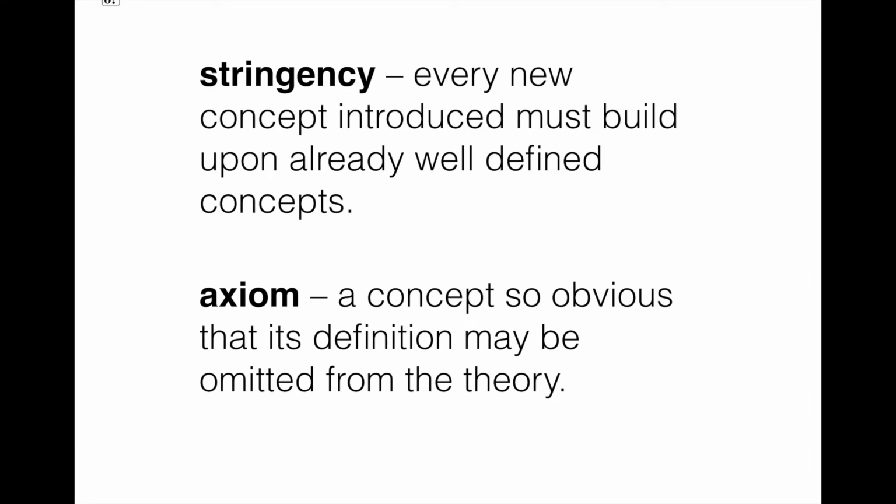And in mathematics, it stops with something that is called an axiom. It is supposed to be, anyway, a concept that is so obvious that its definition can be omitted. So axioms in mathematics are really obvious truths that you start with, sort of your building blocks that you build everything else in mathematics around. And that is great, of course. So every one of you can start building math if you want to. Let me show you the axioms that most of our current mathematics is actually built upon.